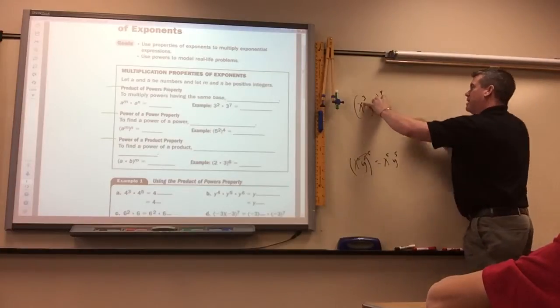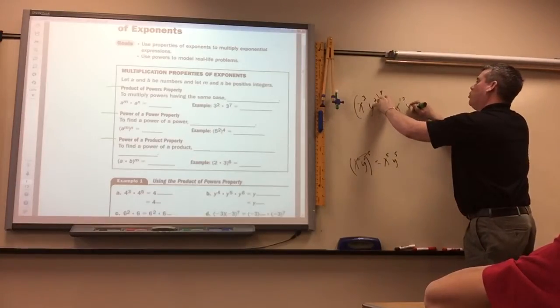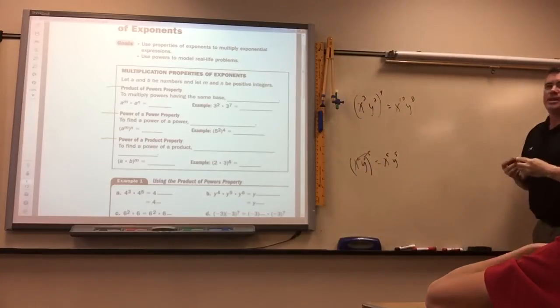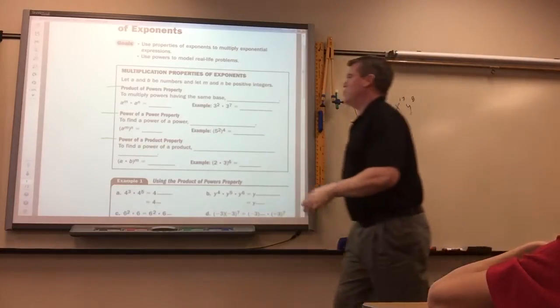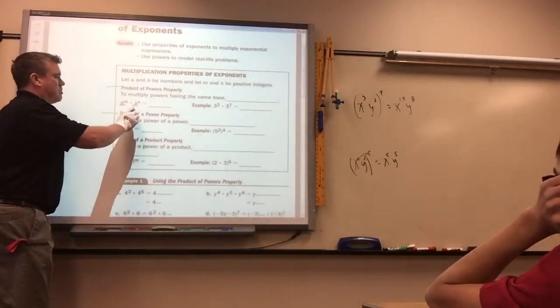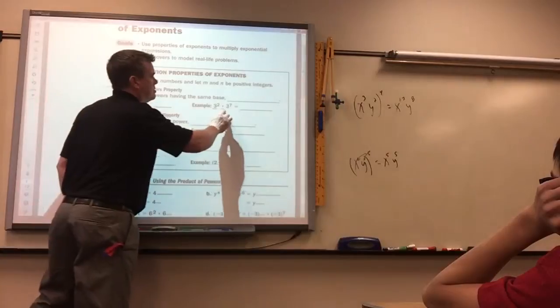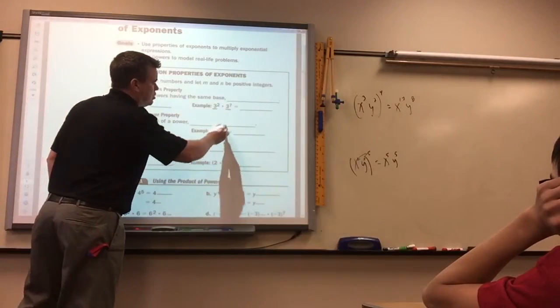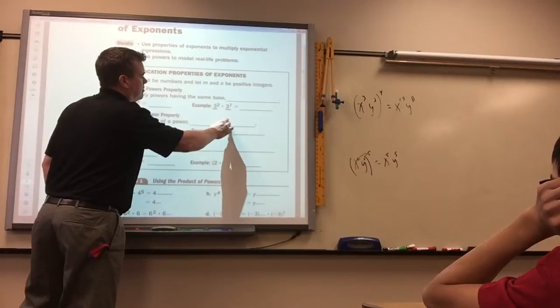That'd be x to the 12th, y to the 8th, because it's a power to a power, which means you multiply. So you just need to memorize which ones you do. When it's the same base multiplied together, you add the tops. But when there's just one base with 2 exponents, then you multiply those